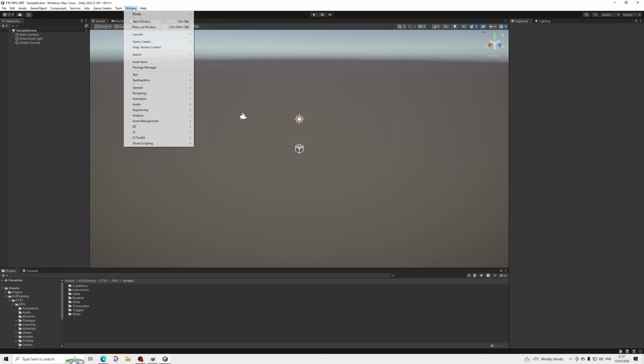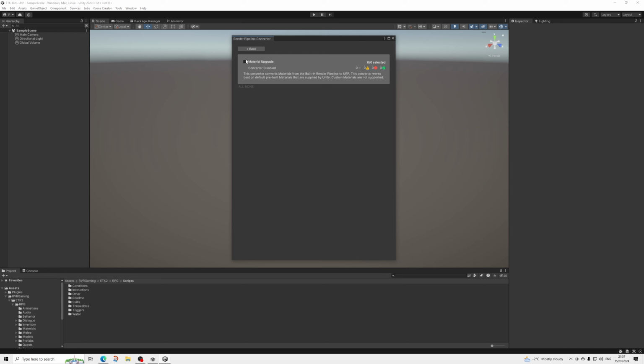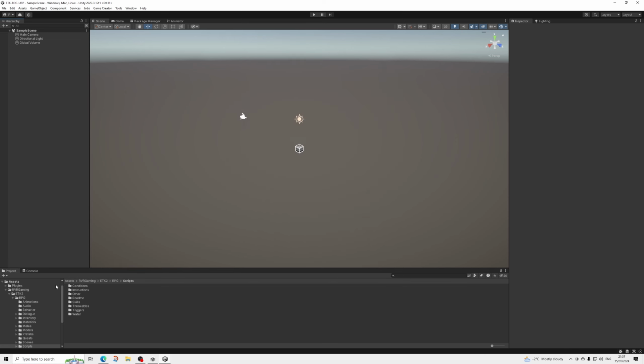So first of all, we're going to go to Window, Rendering, Render Pipeline Converter, and we're going to upgrade all of the default materials. Initialize and convert. Now this doesn't convert the custom shaders, so you'll get a bunch of errors, which is normal because it can't convert everything. And then next up, we're going to click here and then upgrade,